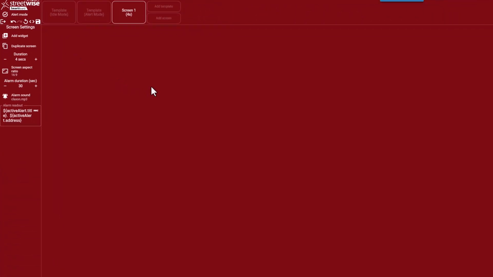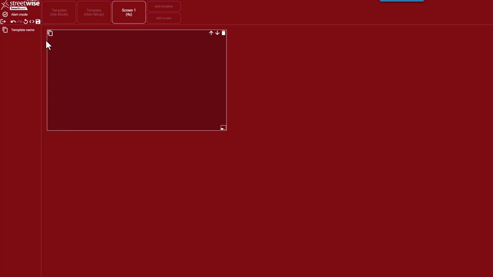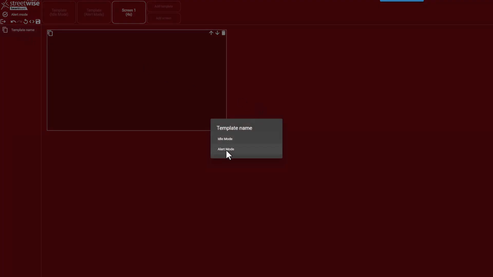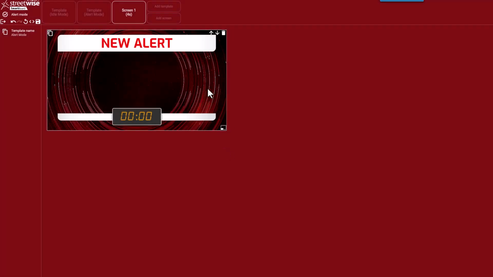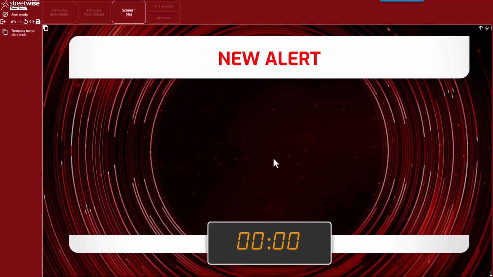Now I put it into alert mode. I start with a blank screen again. But remember, I've created a template I can use for these screens. So the first widget I'm going to add again is a template widget. I'm going to select from that my alert mode template, and I'm going to take it to full screen. All right, so now I've got my background and my shoot timer is already in place, just the way I